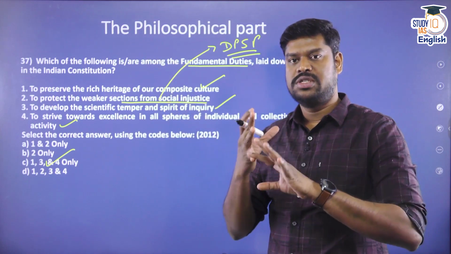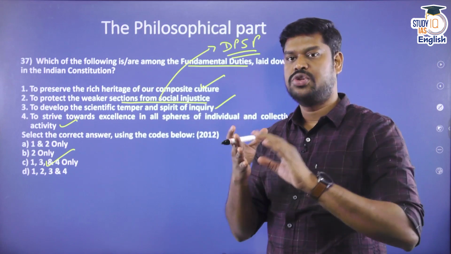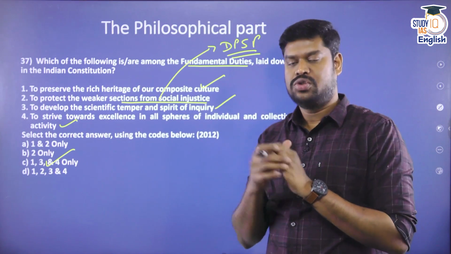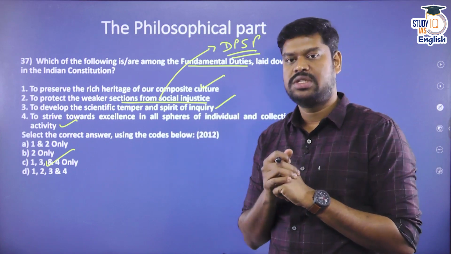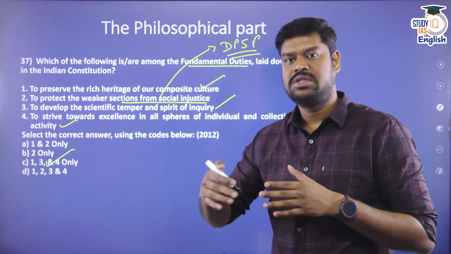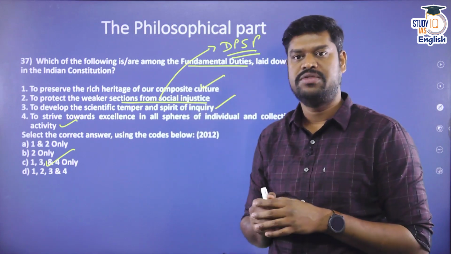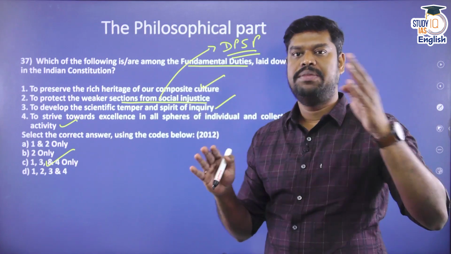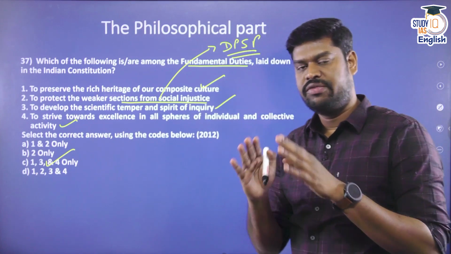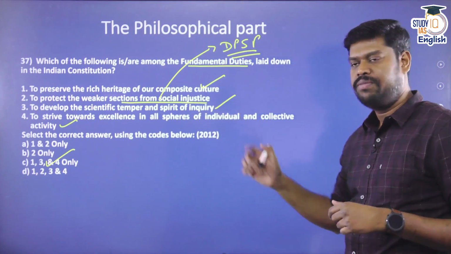You should know it is non-justiciable, you should know the various amendments, you should know what are Gandhian, what are liberal intellectual and what are the socialistic principles. You should also know a list of laws related to the directive principles of state policy and differentiate DPSP from the fundamental rights and fundamental duties. If you know this, you can definitely answer any question that comes from this particular topic.